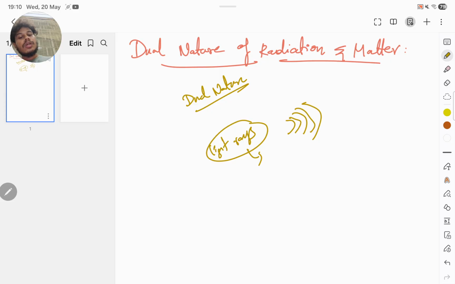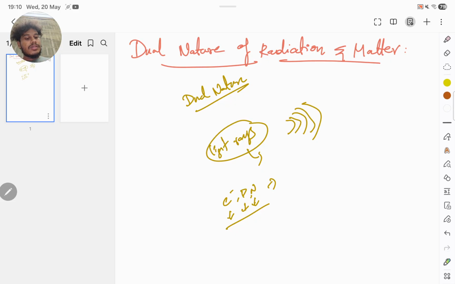So I am saying light is not only a wave; it also has a particle nature. And matter, with respect to electron, proton, neutron, everything, has a particle nature. A particle has some mass. We know an electron has a certain mass, a proton has a certain mass, a neutron has a certain mass. Everything has a mass. But I am saying all these particles move in a certain wave format only. How am I saying they move in wave format? That is what we are going to discuss in the dual nature.